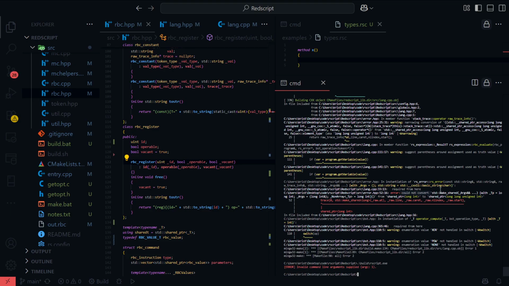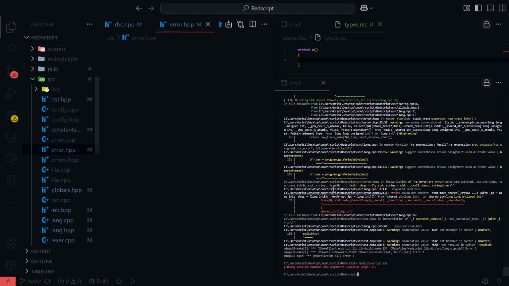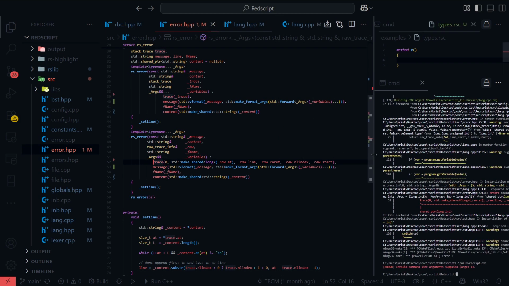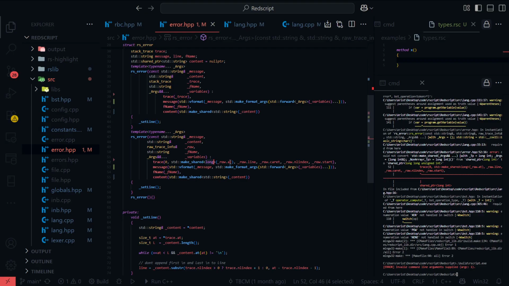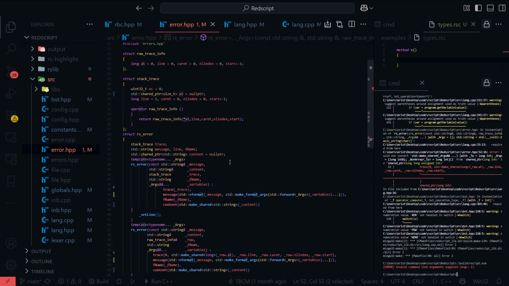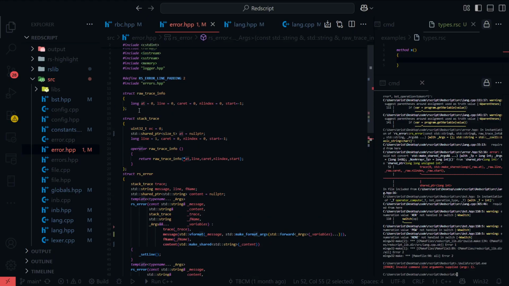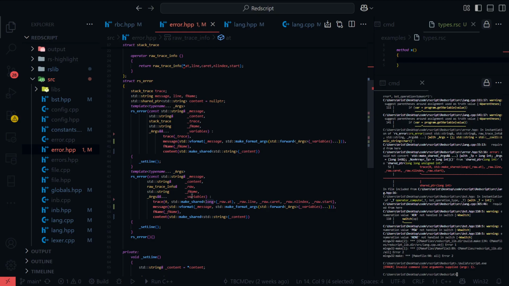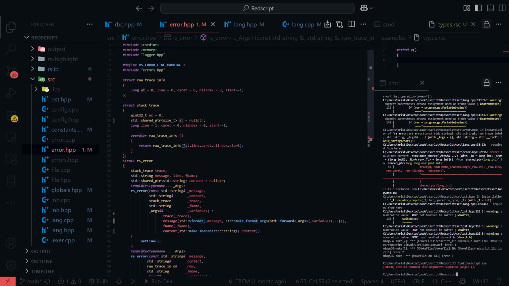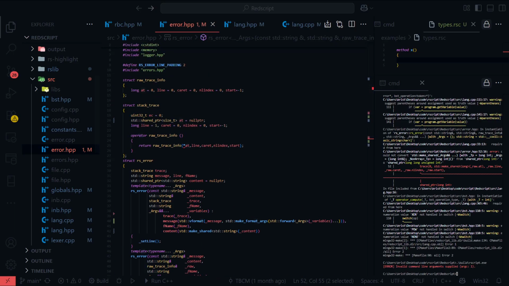Error, could not convert. So I'm making a long here, but I don't think it's supposed to be a long. It's supposed to be a size T. Let me turn down some music.